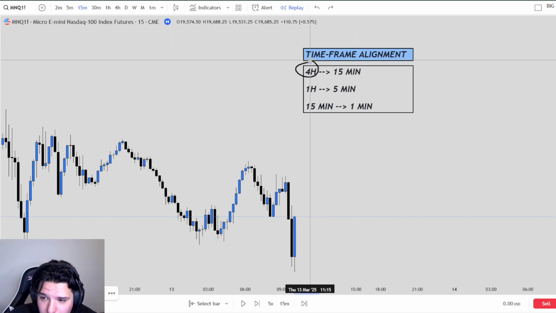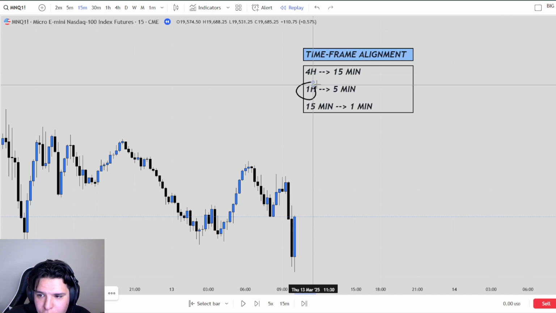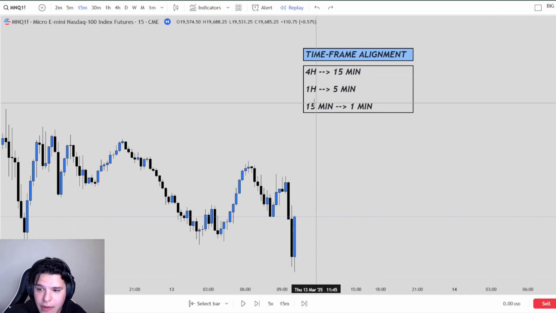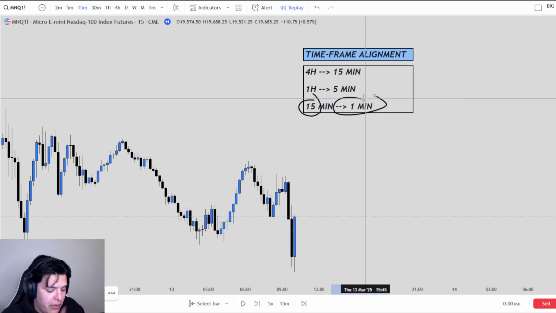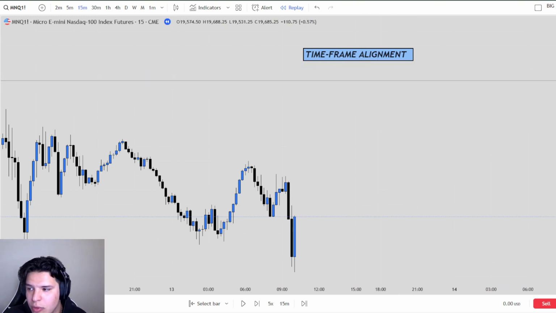If you're using the 4 hour, the aligned time frame would be the 15-minute. Obviously, go ahead and backtest all of this, and it is preference once again: for the 1 hour, the 5 minute, and then ultimately for the 15-minute, the 1 minute. All right, I wanted to make sure you guys understood that and get that out of the way before we go ahead and